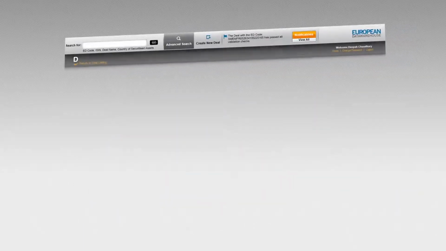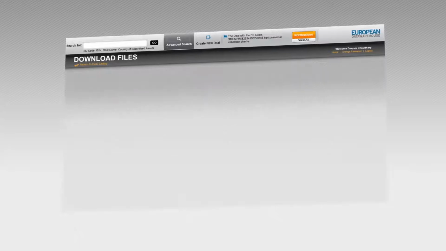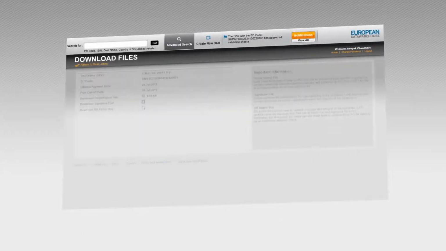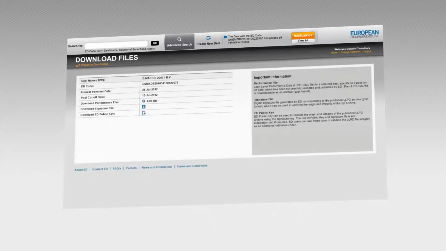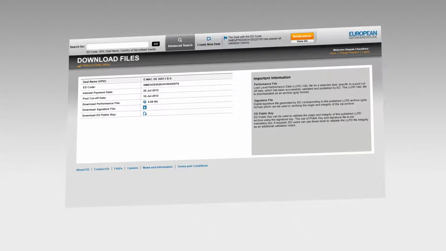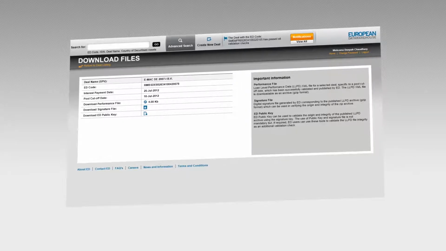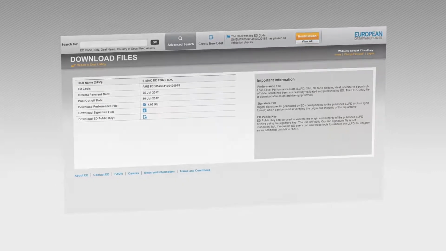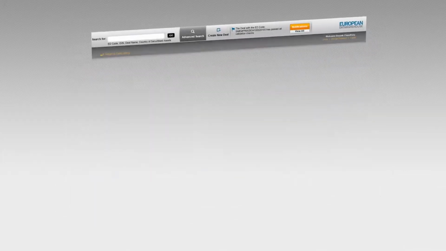The second type of data user includes those that use the information to provide additional services. ED is working with analytics providers and resellers to enable their systems to easily integrate with Edwin through an API. This will help facilitate adoption by the ABS market and ensure a robust marketplace of analytical tools for investors that want to analyze and price deals based on the newly available loan performance information.